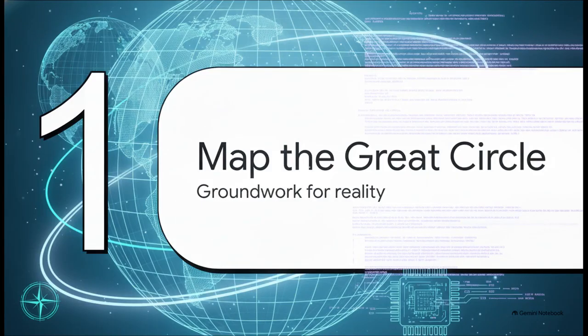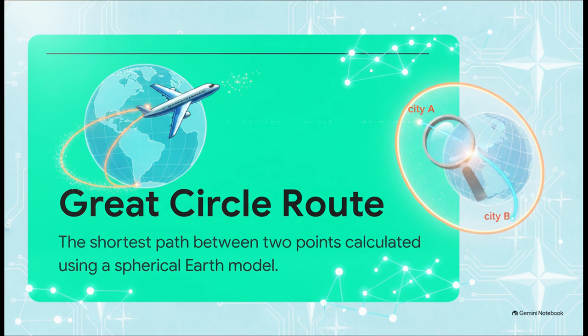Starting off with Section 1, mapping the Great Circle. A great circle route is, by definition, the shortest path between 2 points calculated using a spherical Earth model. Remember that straight line you'd try to draw on a 2D piece of paper in grade school? Yeah, it completely fails when you apply it to our actual planet. To find the true shortest path, we have to respect the geometry of a sphere. It's basically like visualizing a flat plane that slices right through the center of the Earth to connect City A